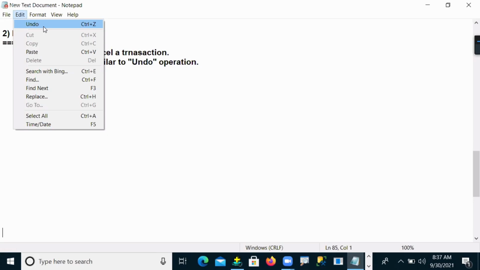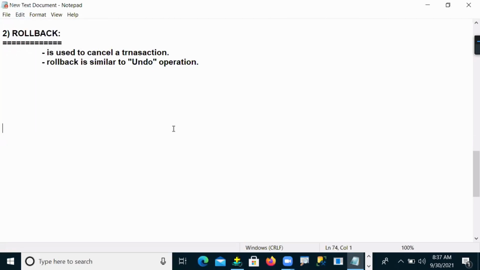Simply, the present position is cancelled and we get back to the previous position.